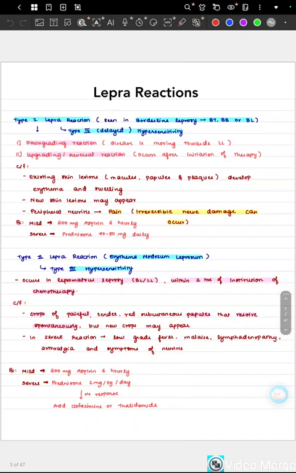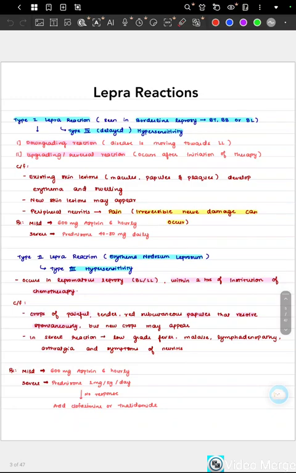Now the clinical features are that the existing skin lesions like the macules, papules, plaques are going to develop erythema and swelling. New skin lesions may appear, and peripheral neuritis or pain appears because of irreversible nerve damage. Management for type 1 lepra reaction: if mild, aspirin is given; if moderate or severe, then prednisolone 40 to 80